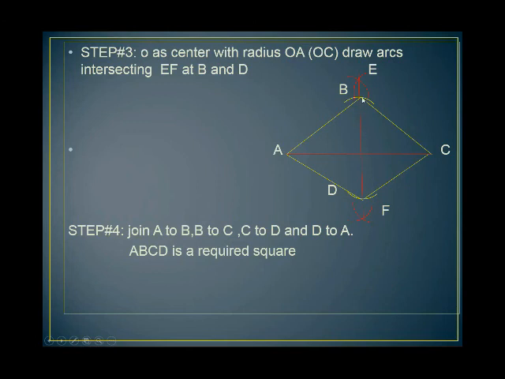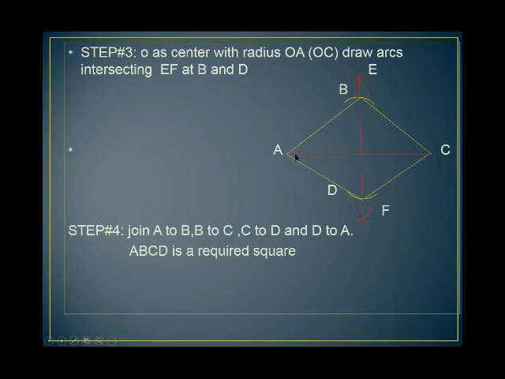So we intersect 2 arcs on either side of the line AC. And now we join that point with A and the point on the other side with B, C. And again, we cut the point where we get after intersecting the bisector. We join that point with A and we join that point, which is named D, with C. So that's how we get a square.